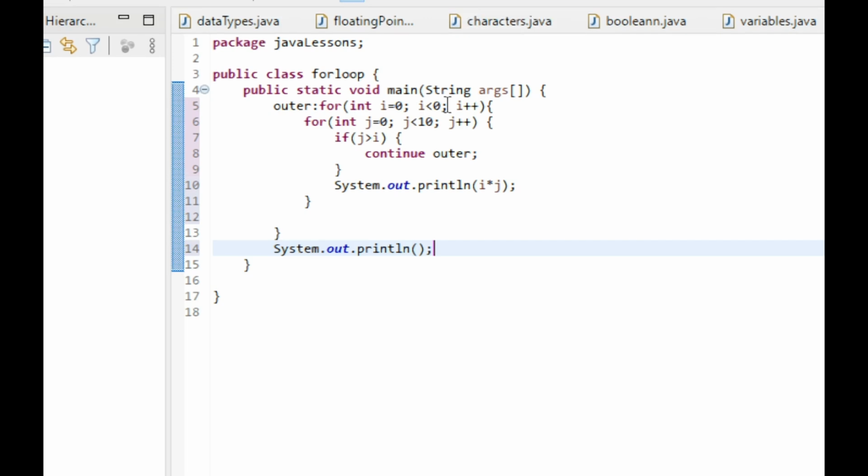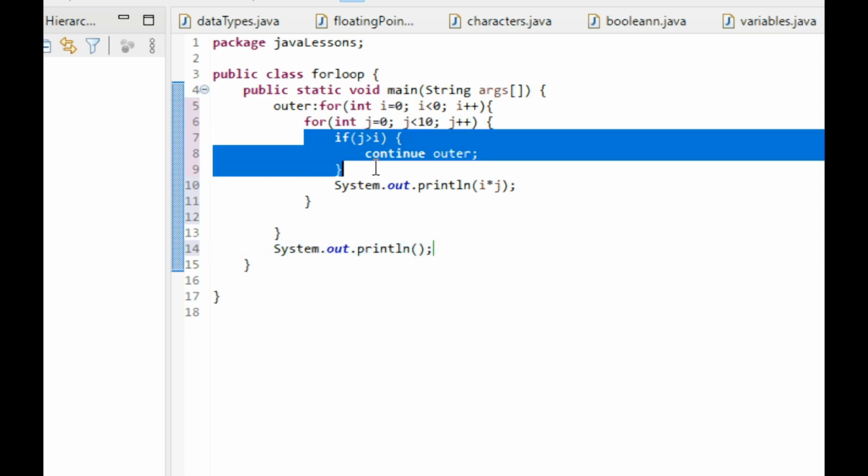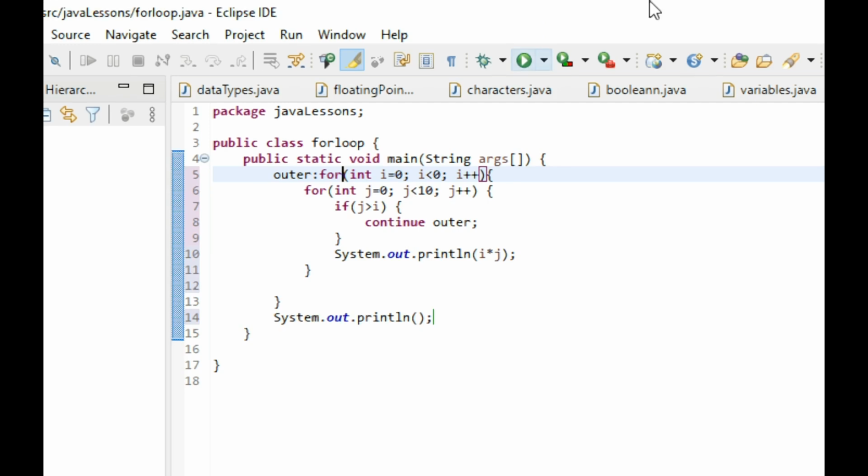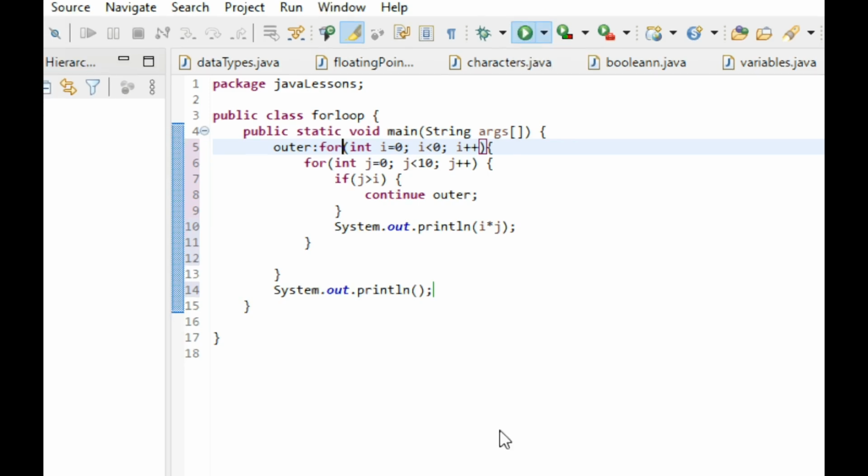If you look at the continue statement here, it terminates the loop counting j and then continues with the next iteration of the loop counting I. So you can see we have this loop that is counting j. When j is greater than I, it is going to terminate this loop, but even after terminating it, the outer loop is going to continue. In other words, when we say continue outer, it means terminate this current loop and run the loop with the label outer. So if we run this code again,